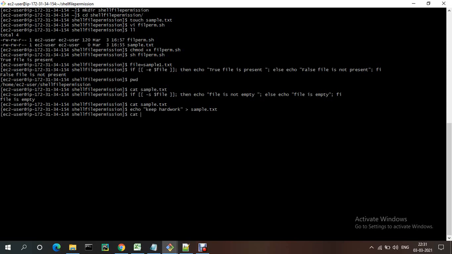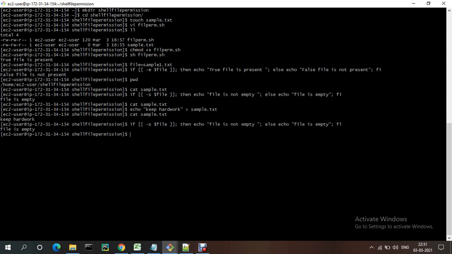See, now if I cat sample.txt, some data is there. Now I try to execute that. See, now file is not empty, right? Some data is there, so that time it needs to say it's not empty.